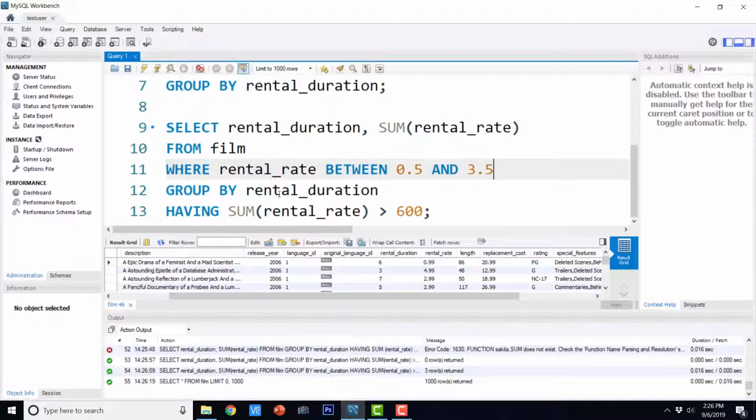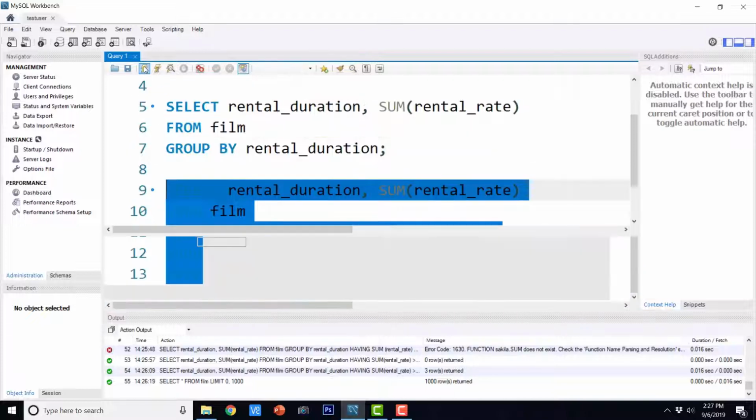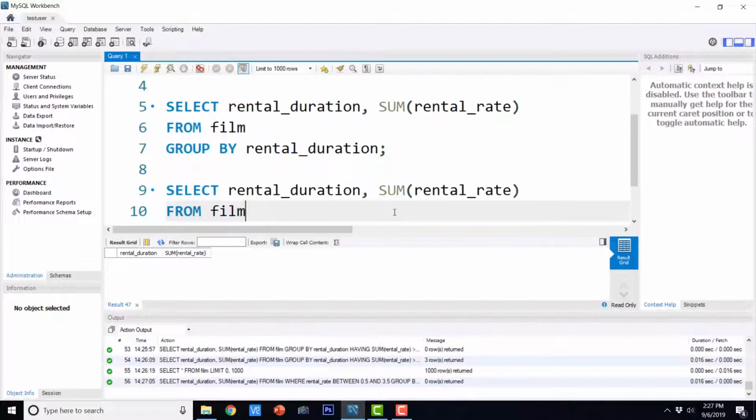Now this query has got both the clauses. It has got the where clause as well as the having clause. So if I execute this, it is going to show me the output.